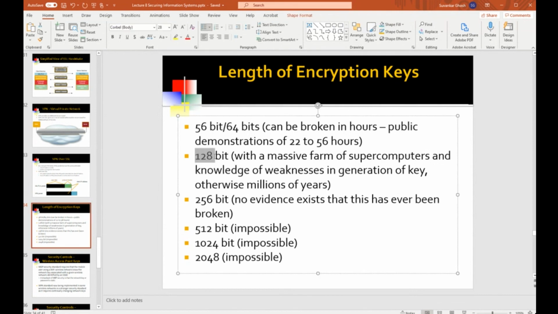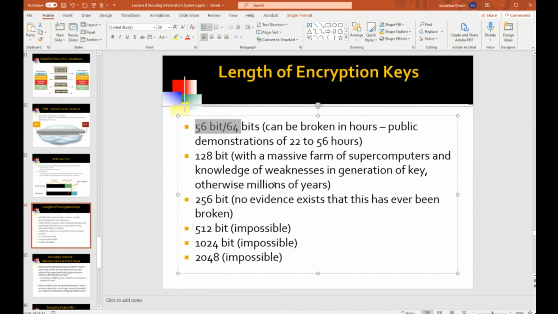Now, the controversy is about 128 bits. Can we break 128? Yes, we can break 56 and 64-bit encryption. This has been demonstrated. There was a demo done, and different people have done this, where they showed that they could do it in a matter of a certain number of hours, and this number of hours obviously shrinks as you put more compute power into the PC or the server. But it has been shown that it can be broken in a matter of some number of hours.